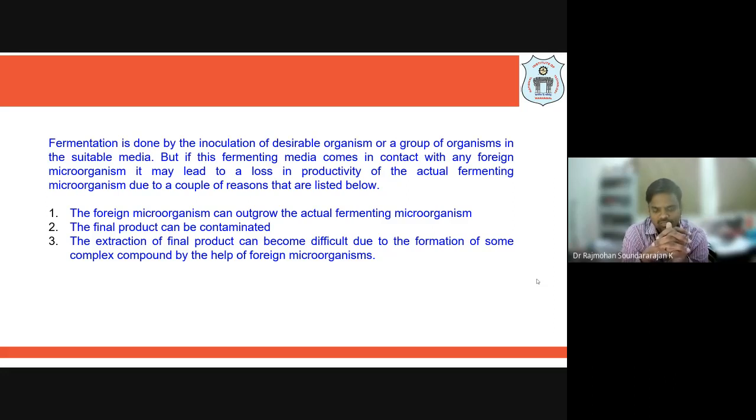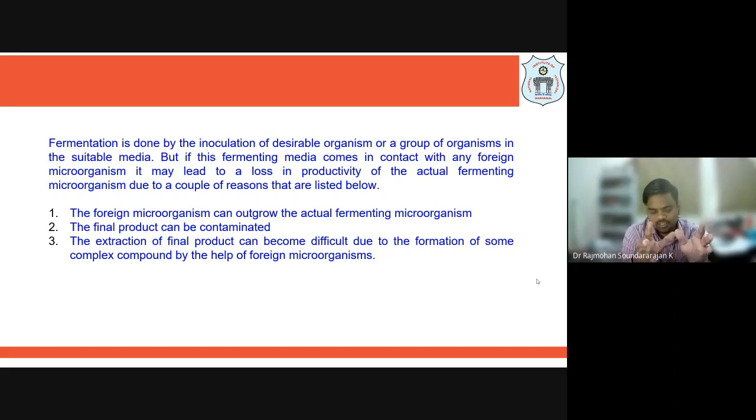Another thing is, even if the desired product is formed in a very small amount, it is going to be contaminated with these alternative products or other foreign microorganisms that are present. Okay, and if so, separation or extraction of the final product from the fermentation broth is going to be very difficult, because different foreign materials are present which may be active at the same temperature as the desired product formed, right? So separation will be a very difficult process if alternative foreign materials or foreign microorganisms are present, because obviously they will catalyze some of the reactions, right?